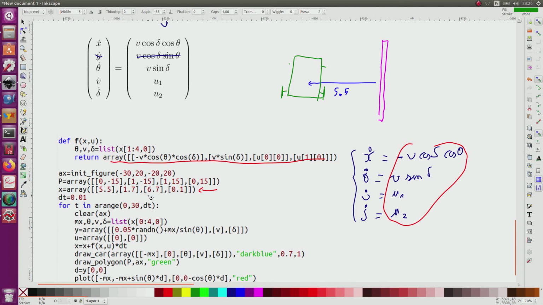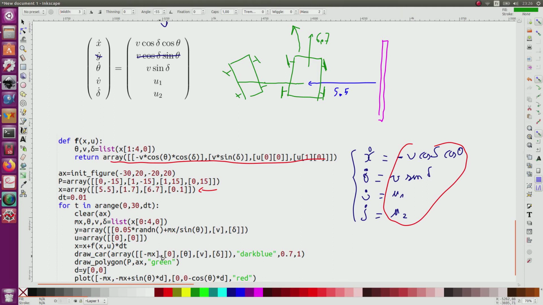Now for the speed, it is equal to 6.7, and then here the wheel will be like this. So it means that the car should in the real world go like this, but I will see the car moving to the left and turning onto its left like this. So this is what I will see on the simulation.